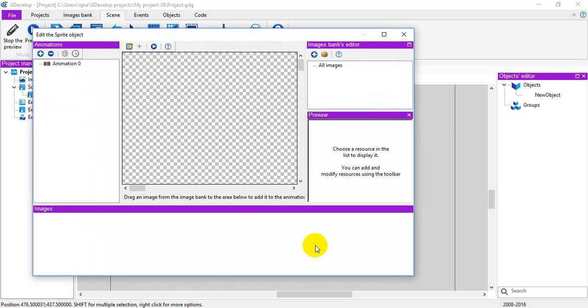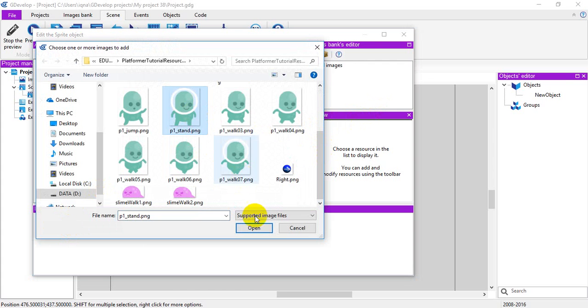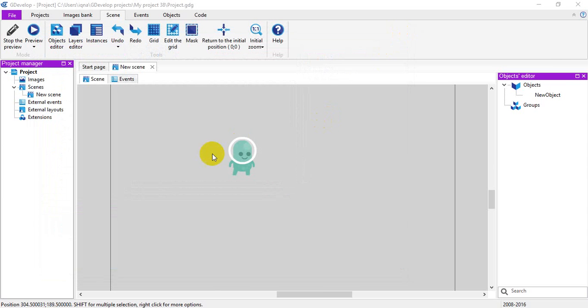And you get this window here. This is the sprite editor. The sprite editor is really easy to use. For now, please just right click in here and click add an image from a file. Now you can choose an image, for example a PNG, like here. You can click open and click the close icon on the top. Then you have it. Your object shows in your scene.